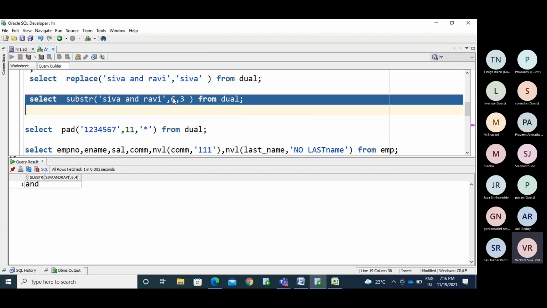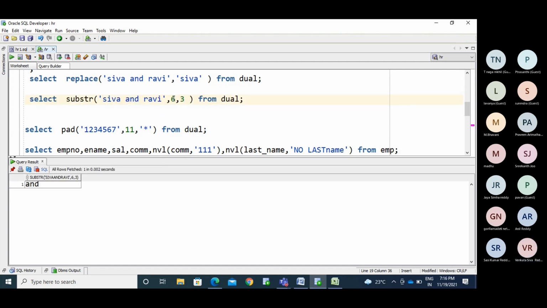You will get the "and" value. So the SUBSTR function helps you display part of a string, from the mth position to how many characters I need to display.